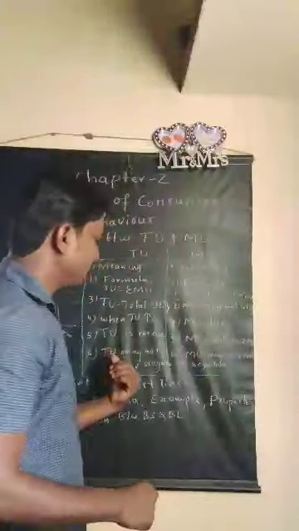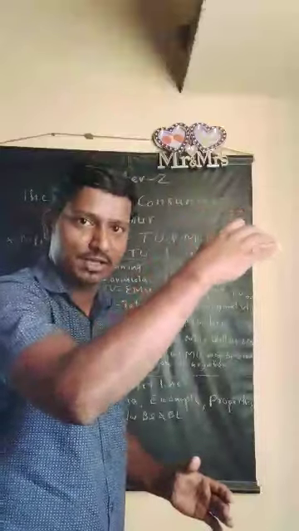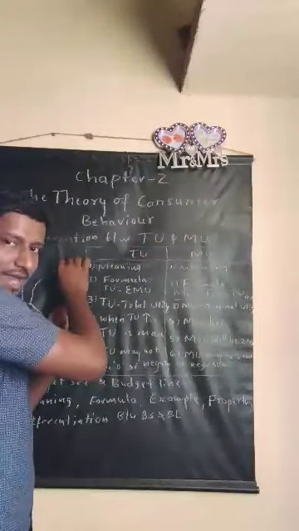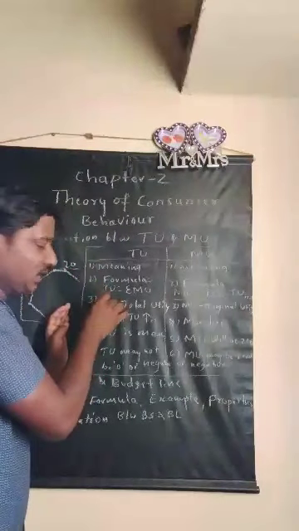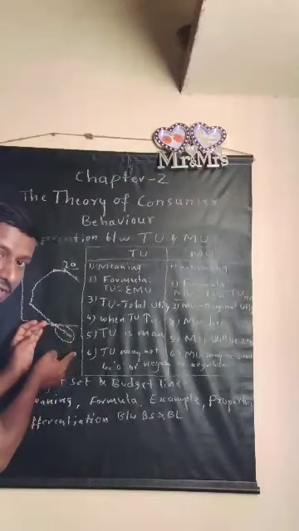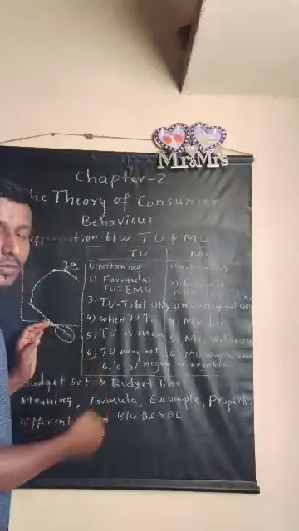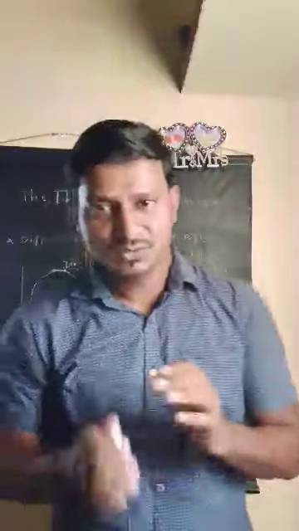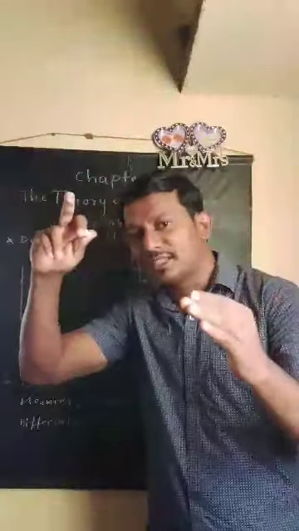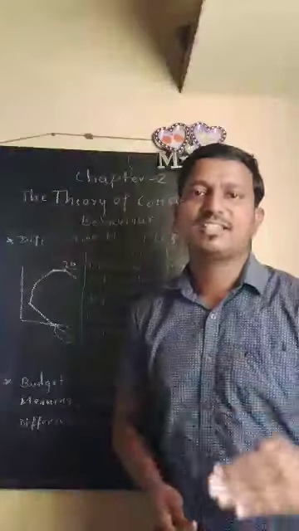Coming to the next one, as and when the total utility starts diminishing after reaching the maximum point, 20 being the maximum utility we derive, and it starts decreasing, at the same time the marginal utility, look at this diagram here, this is the area where it comes down into the negative zone, crossing the OX axis and falling into the negative zone. That is, after reaching the maximum point, if the total utility starts decreasing, the marginal utility will cross the OX axis and fall into the negative zone.